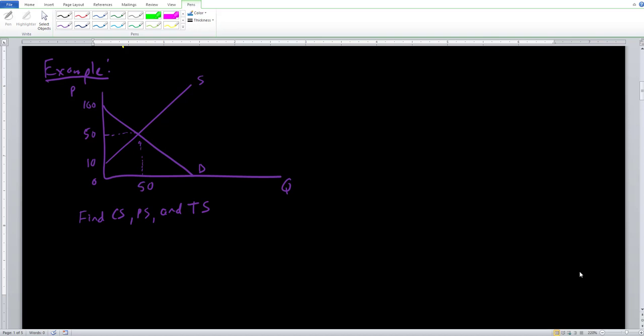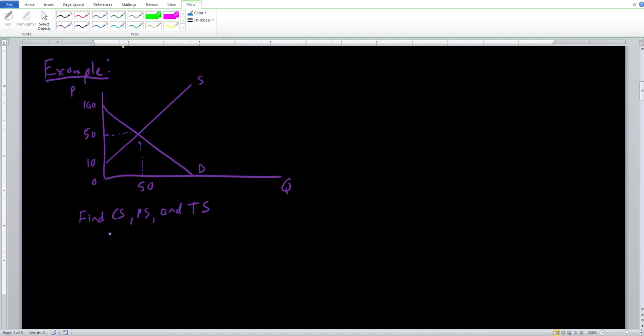So one quick example to tie everything that we've talked about so far together before we get into the more complex case. Here I've drawn up a supply and demand curve, and I tell you to find what the consumer surplus, producer surplus, and total surplus are going to be for this particular example. So let's go ahead and use everything that we know so far to figure out these three